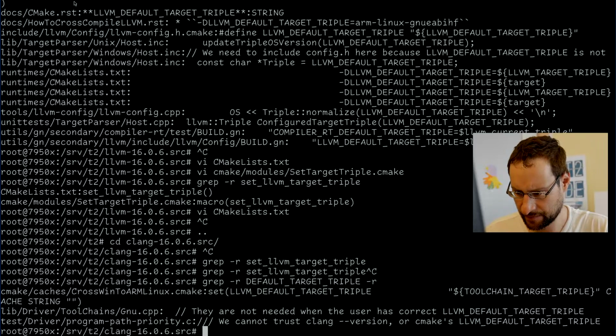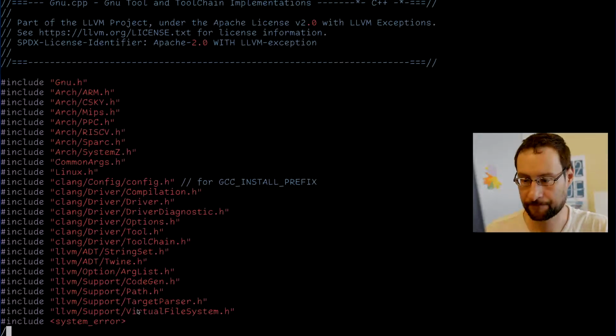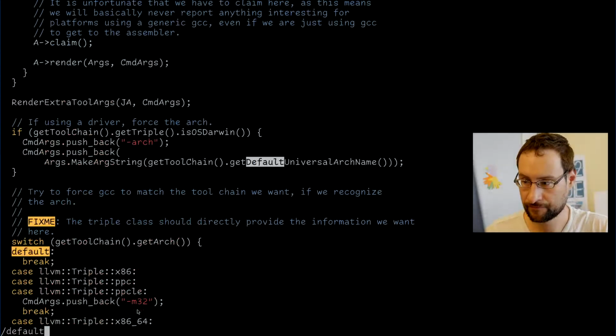Here is some tools GNU. They are not needed when the user has correct. Okay, this is get toolchain, get arch. So here they have some x86.